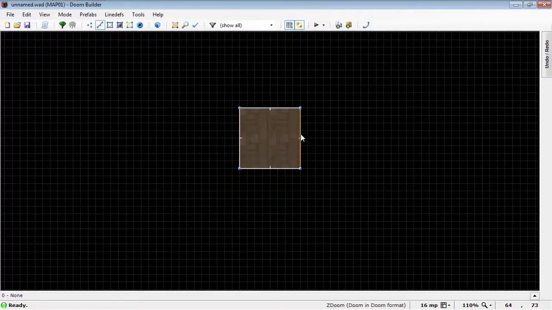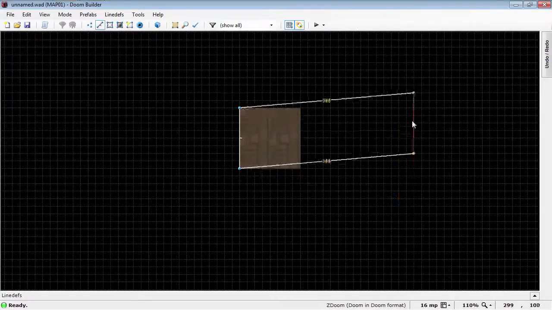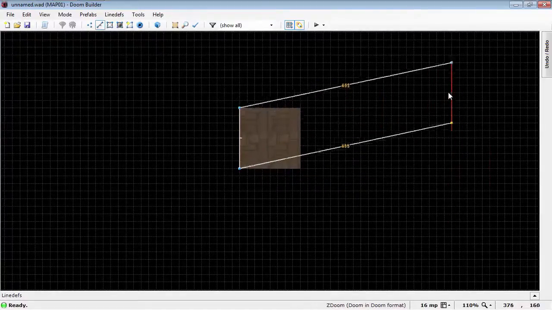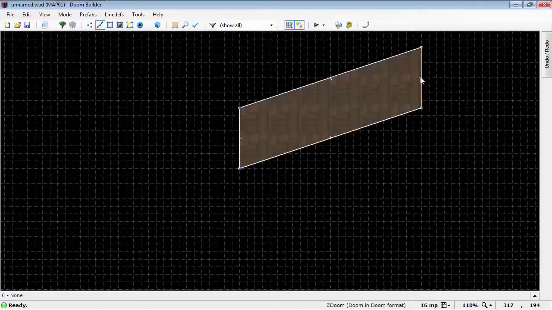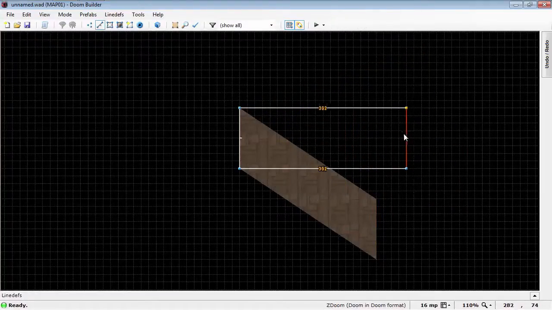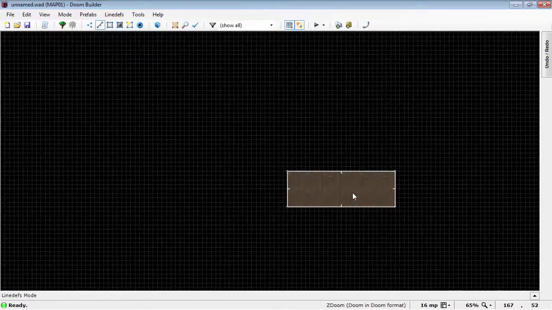If you go ahead and mouse over a line def and then right click and drag, it will let you take that line def and stretch it, and the other line defs connected to it via the vertices will be stretched along with it, which will allow you to reposition and resize your sectors. We're going to go ahead and stretch this to 384, and then this one up to